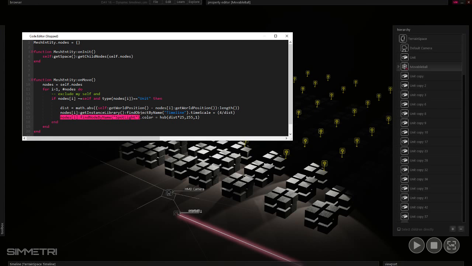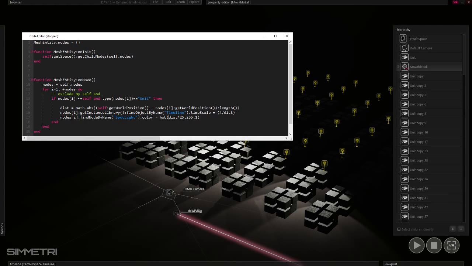And then we're going to find the spotlight's dot color property, and we're going to change its hue by the distance. We don't change brightness, but it's hue, saturation, brightness, and the hue is going to be distance times 25. So if we're 10 units away, this will be its maximum because this value ranges from 0 to 255. So if we're 10 meters away, we'll be at 255, and if we're at 1, we'll be at 25, and if we're inside of that, we'll be